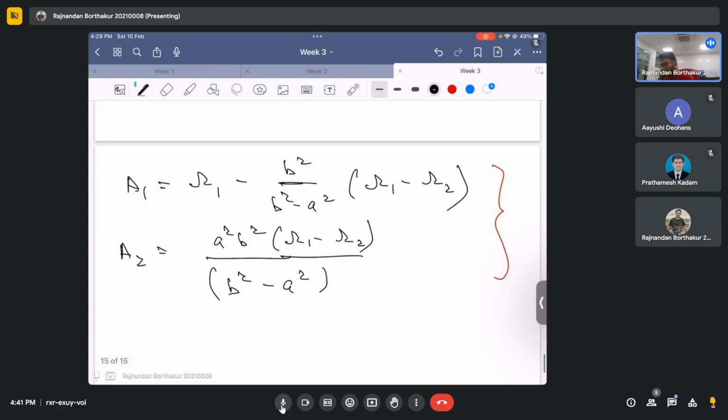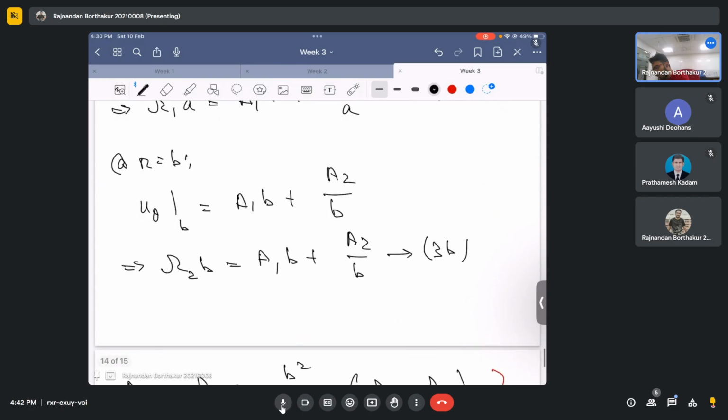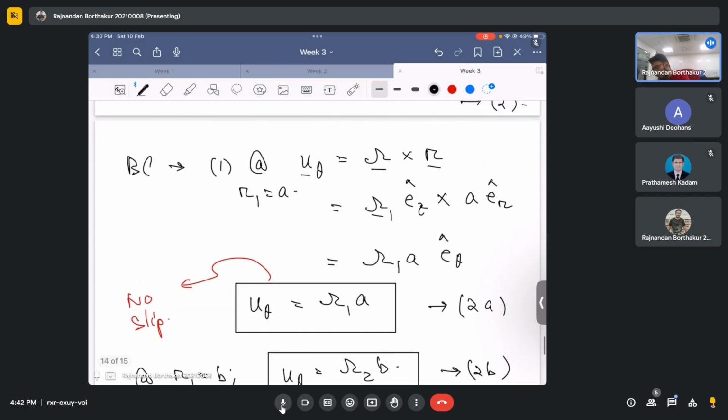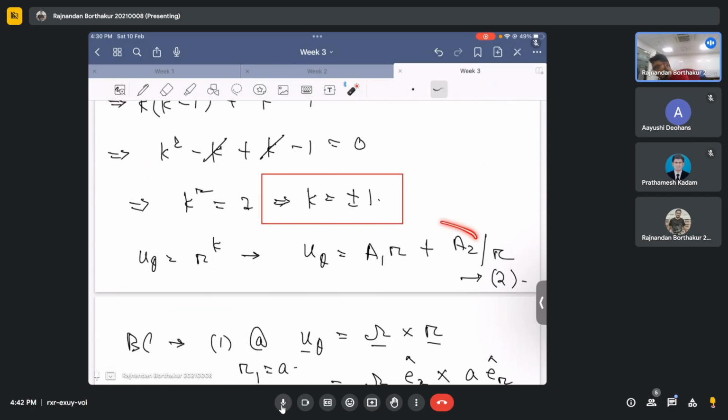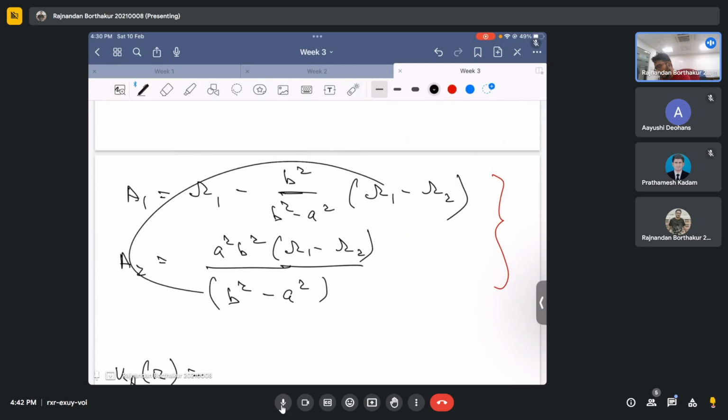Okay, so this means the total velocity field u theta, which is a function of r, of course, will come out to be, so what is it? U theta is basically this. It is just a1 times r plus a2 by r. Okay, so if you substitute the values of a1 and a2, which are basically this,